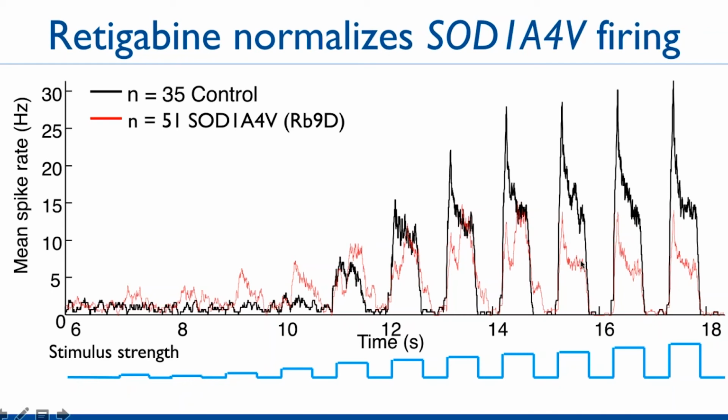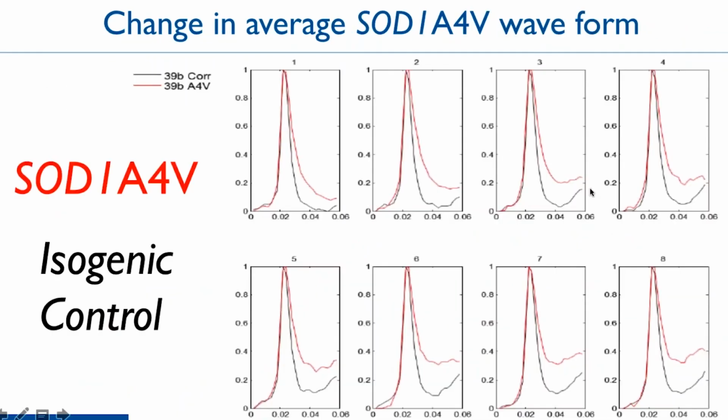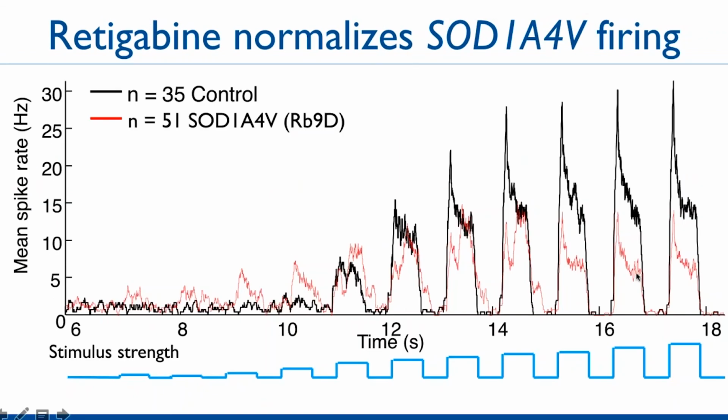And we think the cause of this is that the cells have less ability to repolarize after firing an action potential. They're more likely to go into sodium channel blockade and so fire less at these deeper depolarization stimulus epochs. And at this part of the experiment, where we basically think the current injected is similar to what Clive's lab performed, you can see this difference. Now, what's fascinating is that if our hypothesis about what's driving that difference in activity is right, then adding retigabine should fix both of these phenotypes.